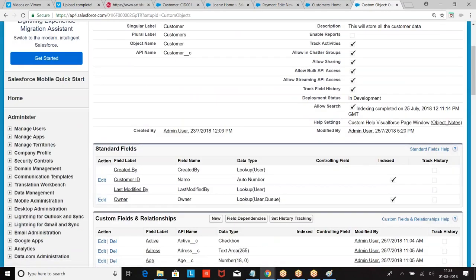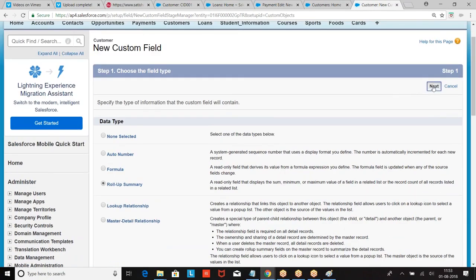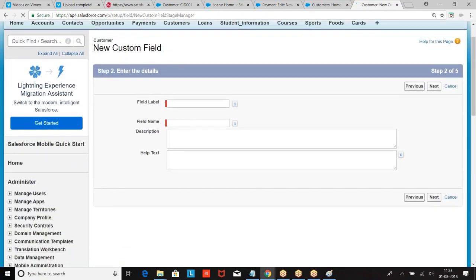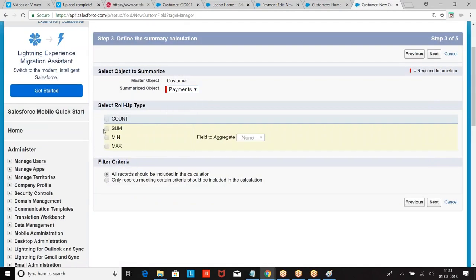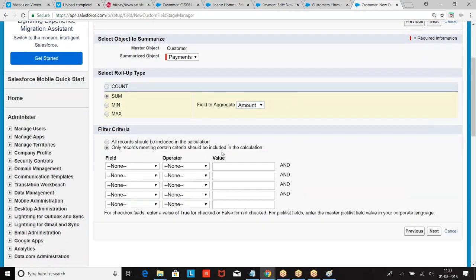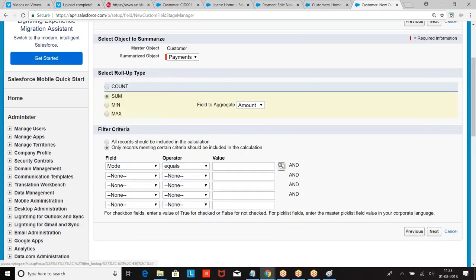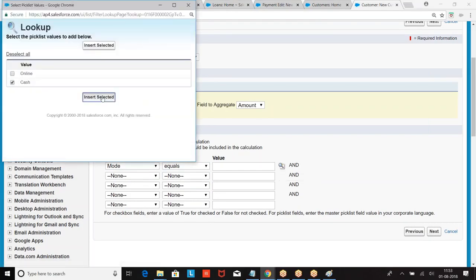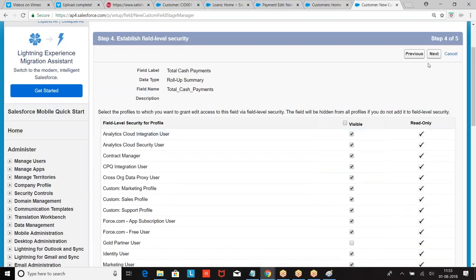I want to create one more field. How do you create? New, roll-up summary. Only cash. Only records which are meeting the condition. What is the condition? If mode equals cash, perform.